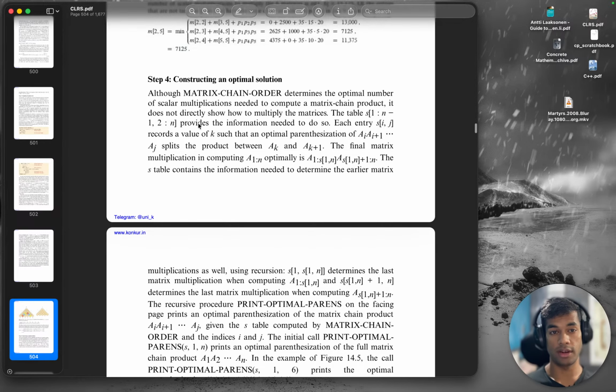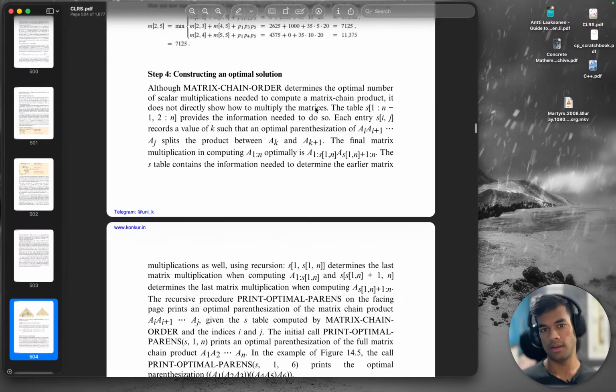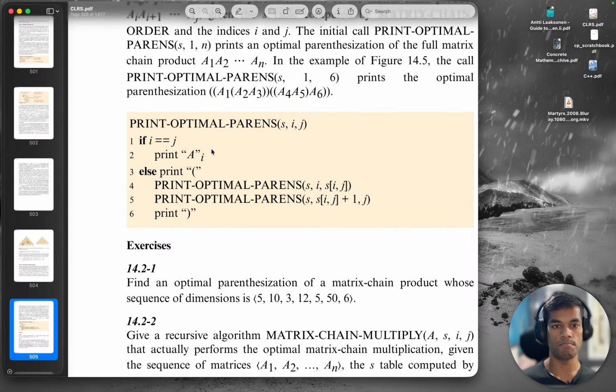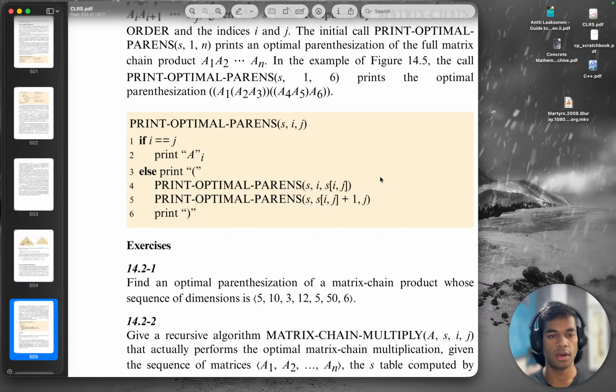And now, constructing an optimal solution. Although matrix chain order determines the optimal number of scalar multiplications needed, okay, we can look at the code. If i equals j, print i. If not, then left parenthesis, print the optimal answer to this one, and then print the